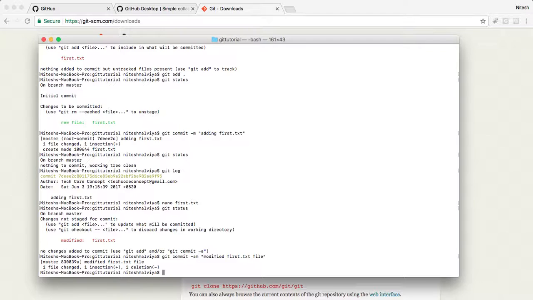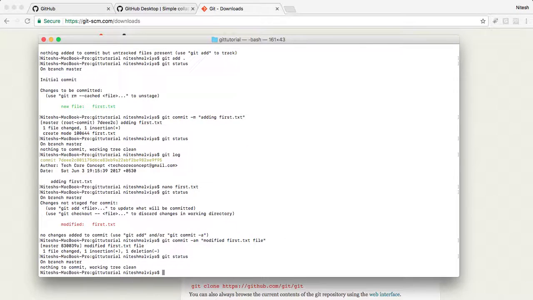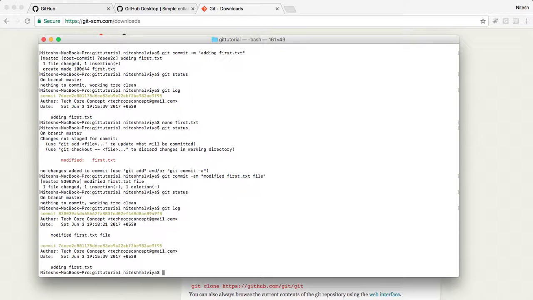we have at the same time added this file to the staging server and moved the file to the local Git repository. If I again run git status, you can see that there is nothing to commit because the file in the repository is exactly similar to the file in the Git tutorial folder. In order to see the log, you can always run the command git log, and it's showing that we have committed this particular file 2 times, and in order to